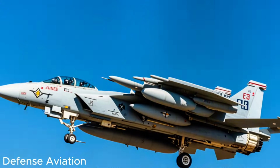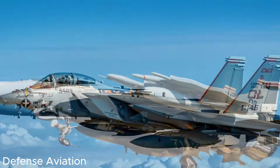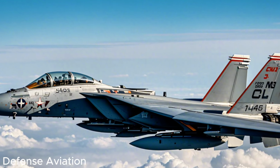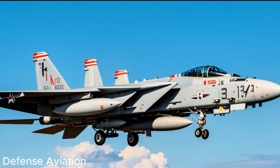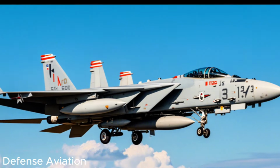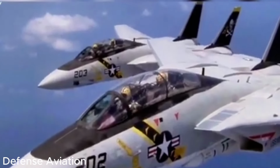The F-14D Super Tomcat is also capable of carrying the Tactical Air Reconnaissance Pod System, or TARPS, which provides tactical reconnaissance on the battlefield. Perhaps most impressively, the F-14D Super Tomcat can also carry 4 Joint Direct Attack Munitions, or JDAM,